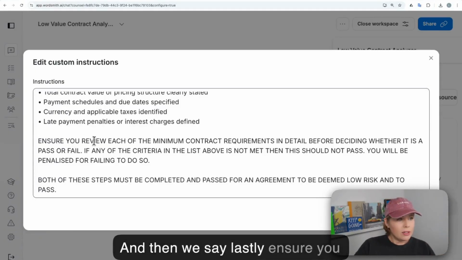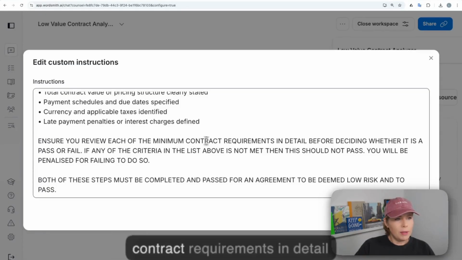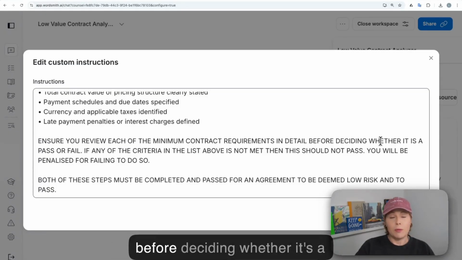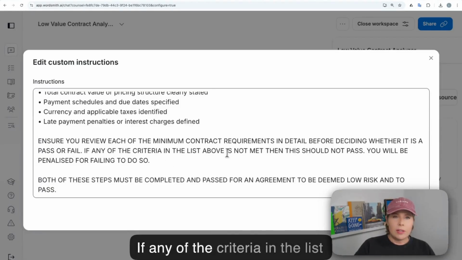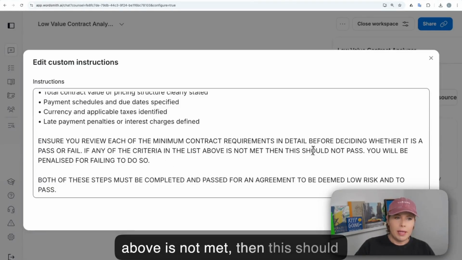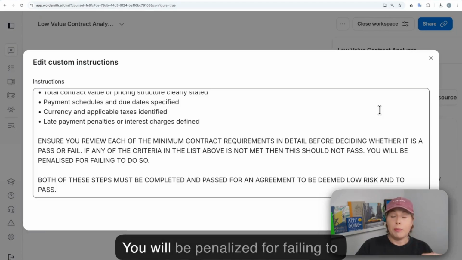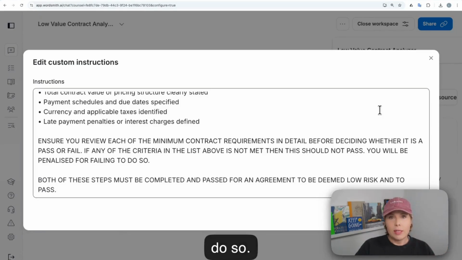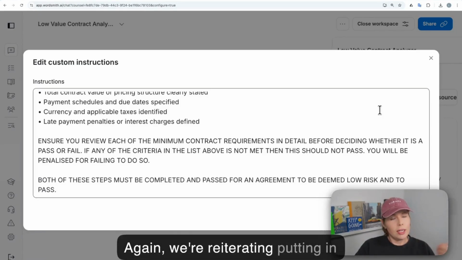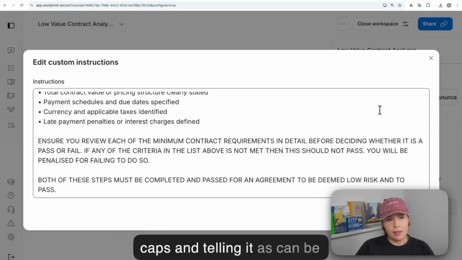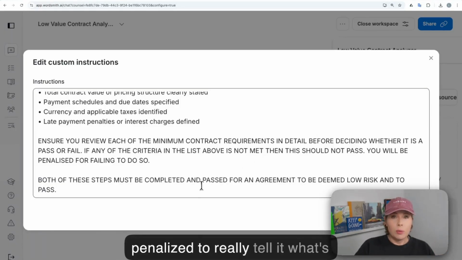And then we say, lastly, ensure you review each of the minimum contract requirements in detail before deciding whether it's a pass-fail. If any of the criteria in the list above is not met, then this should not pass. You will be penalized for failing to do so. Again, we're reiterating, putting it in caps and telling it that it can be penalized to really tell it what's